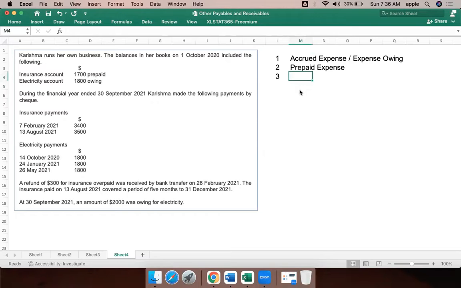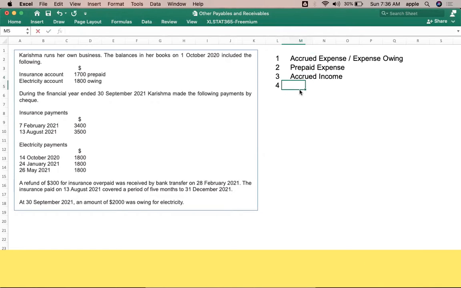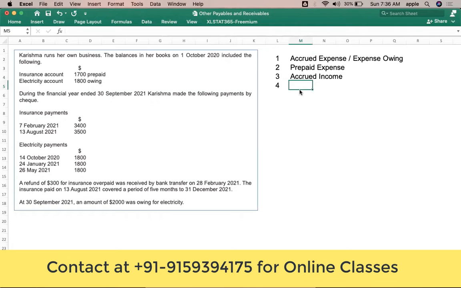The third one we discussed is accrued income. So accrued income is when you've provided the service already, but you still haven't been paid for it. It is income which is earned but not received yet by the end of the accounting year, right? And the last one is